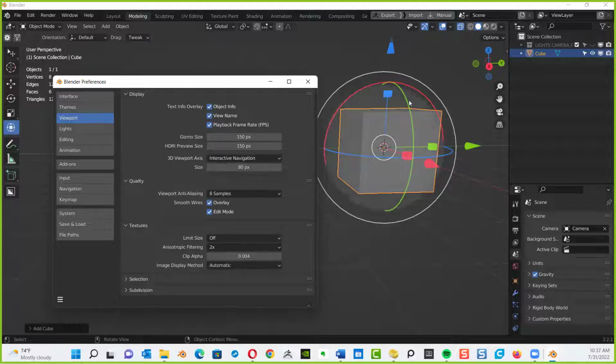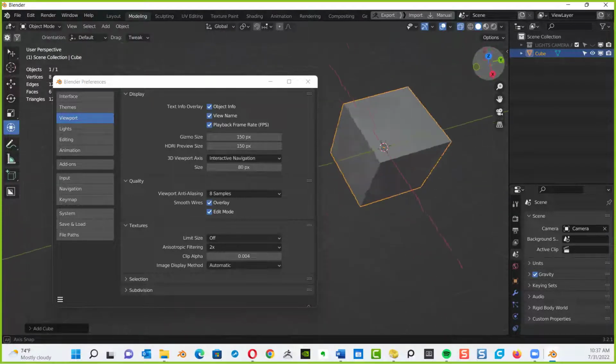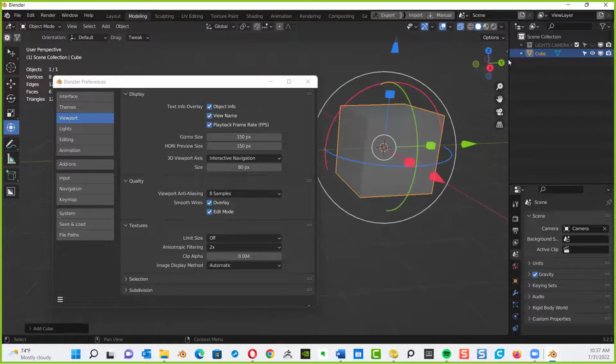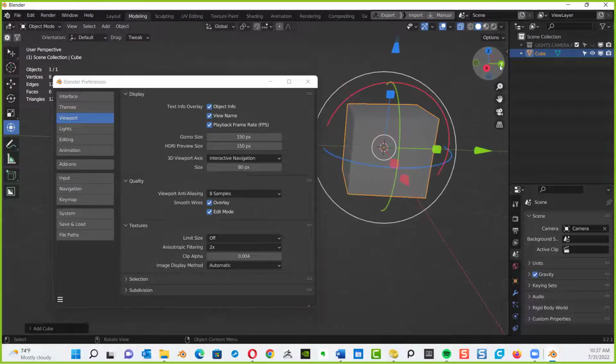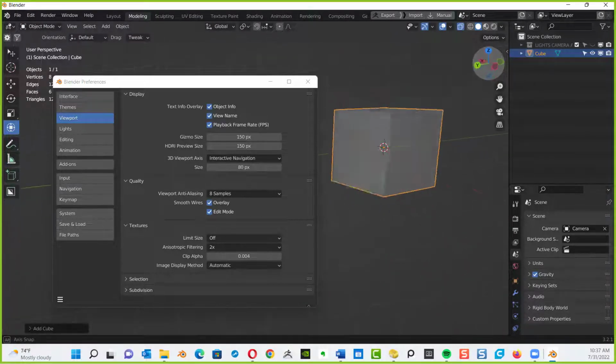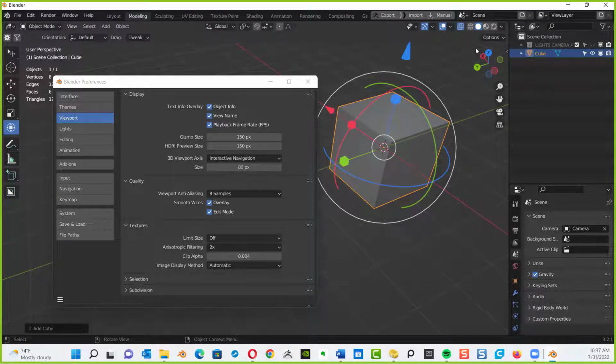The 3D viewport axis is this little guy in the right-hand corner. You can navigate utilizing this. So if I click and hold, that will rotate my interface around. If I want to move it on the Y axis, I can click on the Y, or I can drag this way, or, well, we'll talk about moving and rotating in just a little bit. But you can resize that little area with the sizing for the 3D viewing axis. I don't worry about that so much, because I'm going to teach you guys shortcuts for navigating. You're never going to use it anyway.